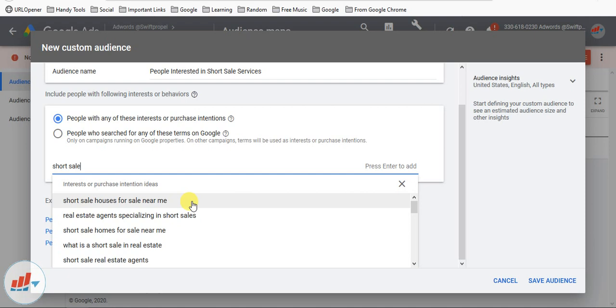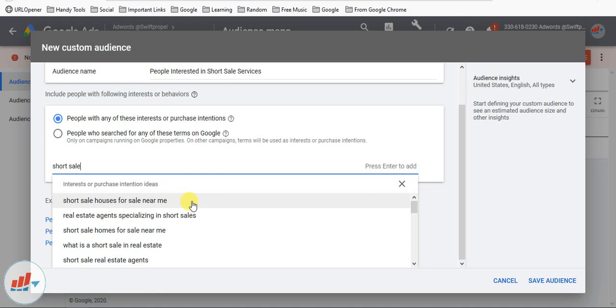Your target audience should be clear to you. For short sale services, I am looking for audiences that want to short sale their home, not buying the short sale home. I don't want the buyers, I want to target the sellers.